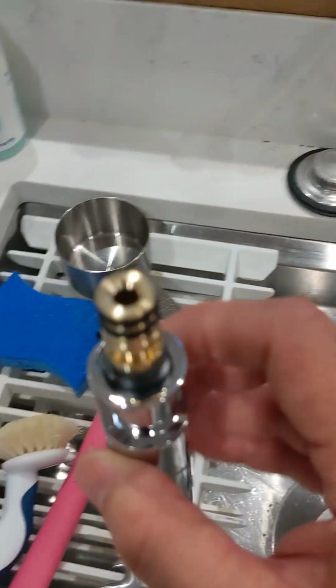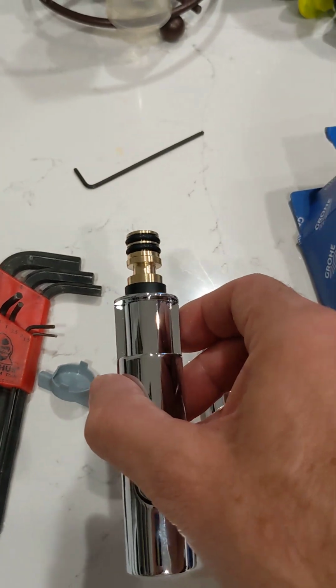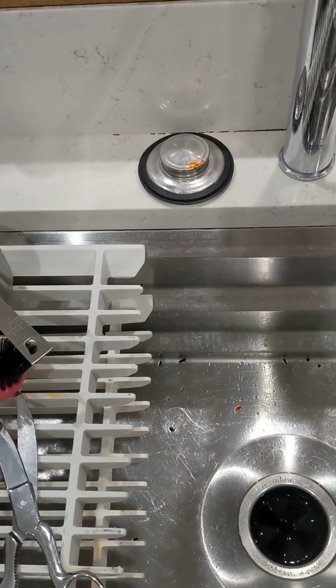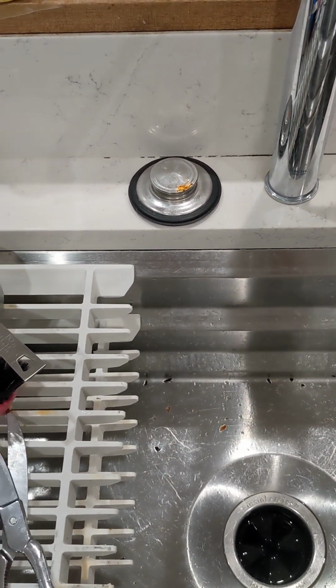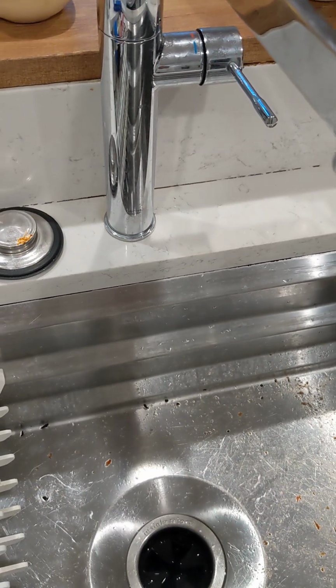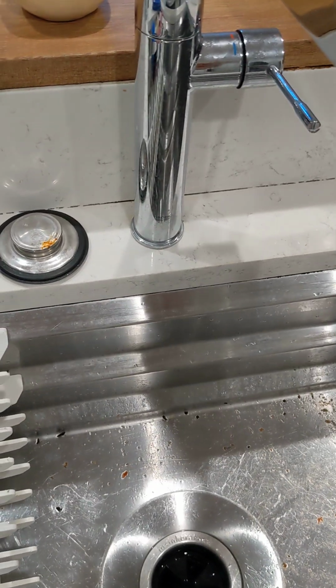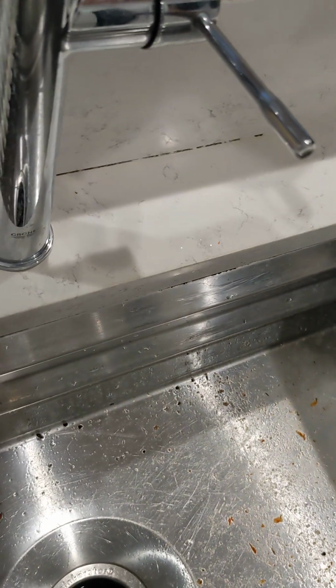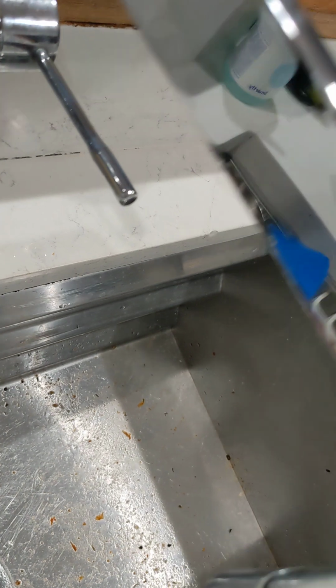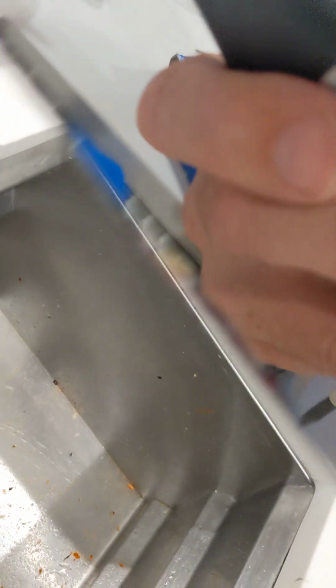And in a future video, we're going to take this apart and see if we can perhaps resurrect it, because I don't know how long Grohe is going to keep sending me these. This, I think, is my third, if you count the original. I don't know how long Grohe will continue sending me faucet parts for this faucet. I hope forever, but I guess when they stop, I will no longer be able to spray and stream, which is, albeit I'm a streamer. I don't know if I'll be able to do this single-handedly, because